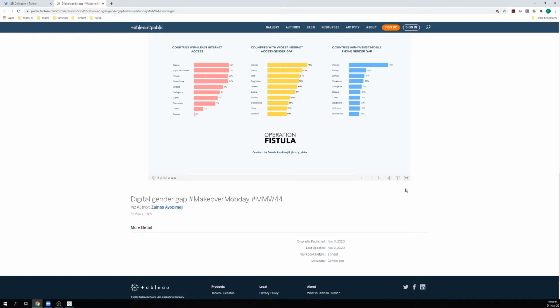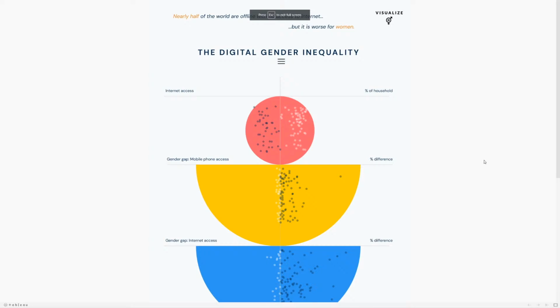Maybe. So there is a Viz here by Zainab, and I looked at it and thought, this looks really cool. I want to take it apart because I want to understand it more. The first impression is definitely grabbing my attention, so now it's down to us to figure out what's going on here. Nearly half of the world are offline with no access to internet, but it is worse for women. The digital gender inequality. Maybe just drop the and make it digital gender inequality,